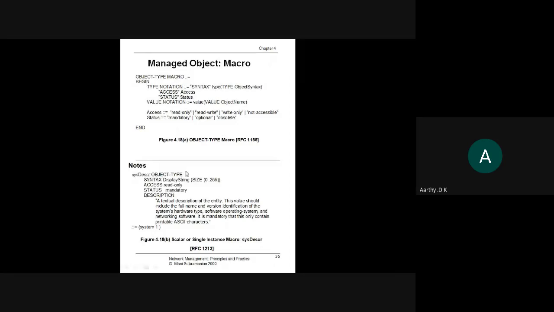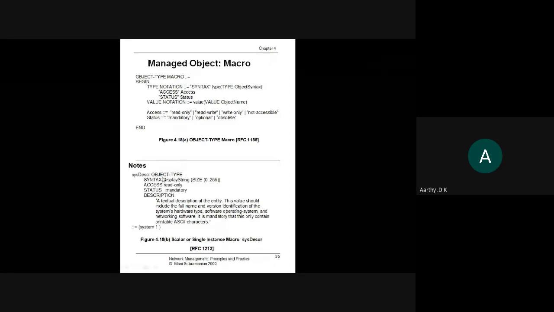That is what I gave in the previous slide. It is using a syntax, as I told you, the octet string, right? So this system descriptor is using the octet string. The size of the octet string that we specify should be from 0 to 255. The access is read only, the status is mandatory, and this is a description about what this object will do.